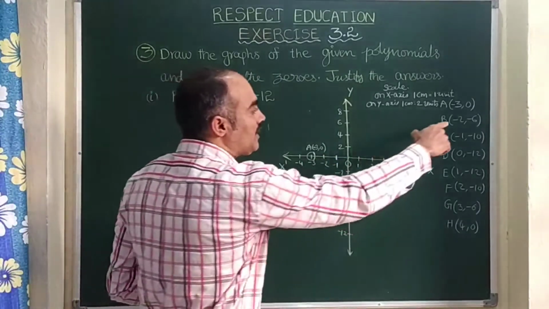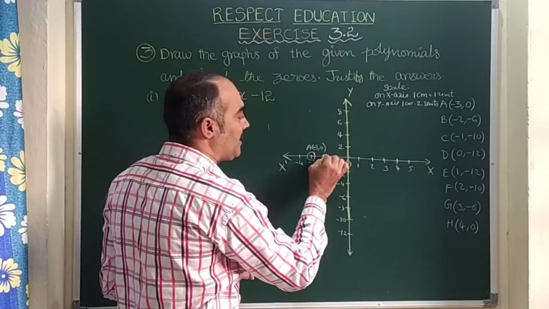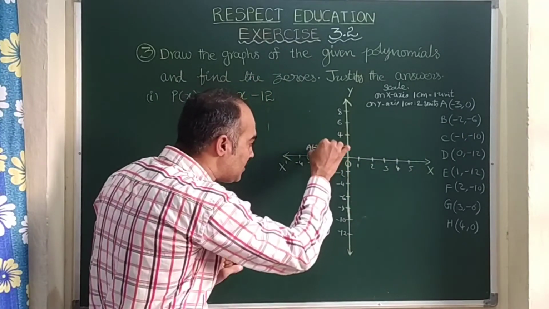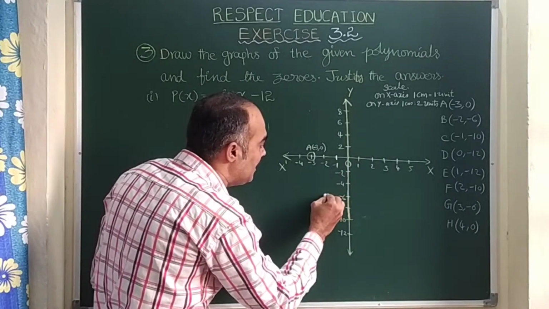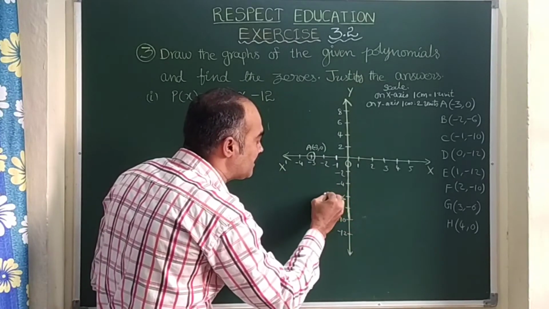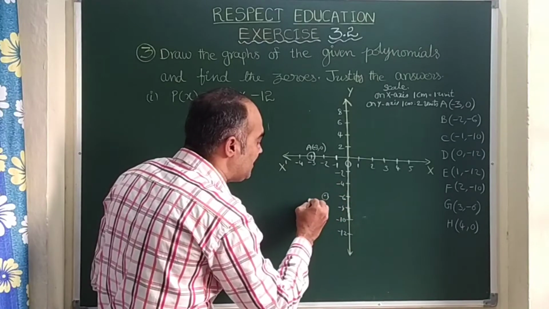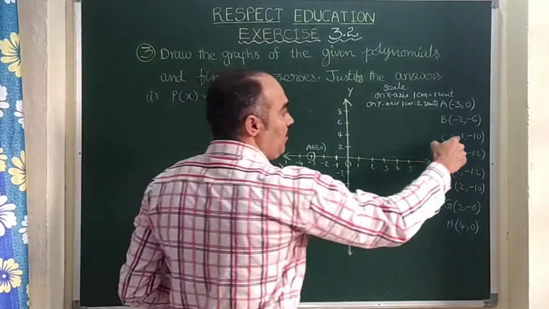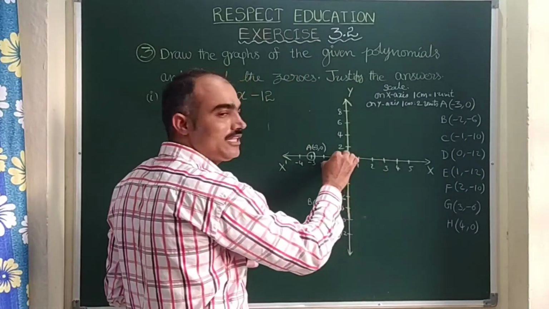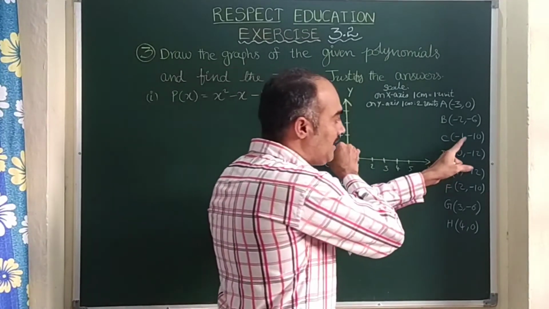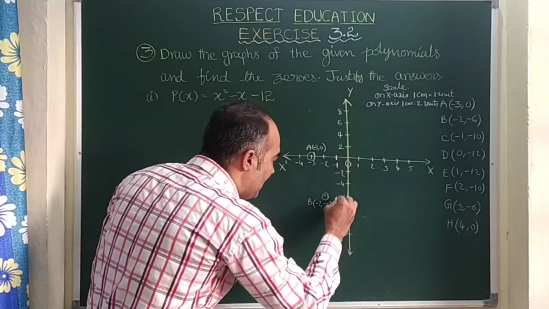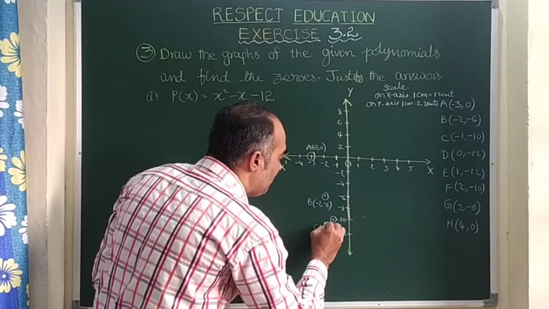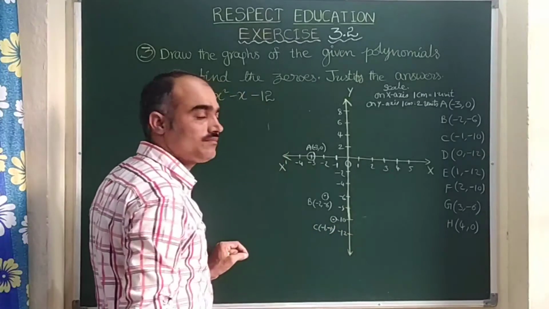Right? Now second one, -2. Again I am ready with my bike at -2. Then next value is -6. -6 means on this line I should go to -6. See here, here it is -2 and -6. This is my second point, that is B (-2, -6). Now here C, -1. My bike is at -1. It is -10. -10 means I should go down. See here, -1, -10, this point. So this I am taking as C (-1, -10).